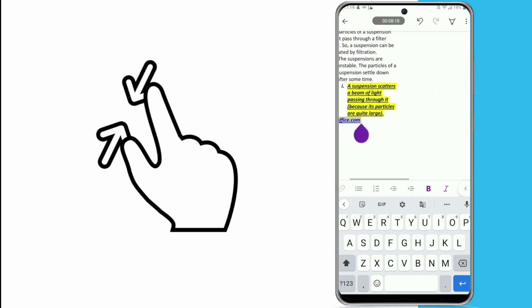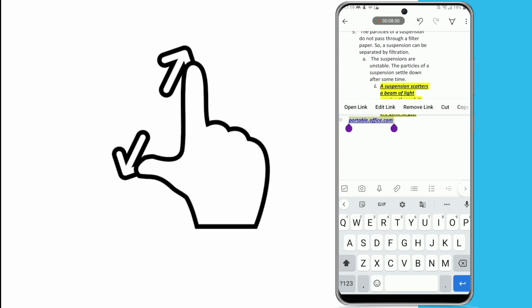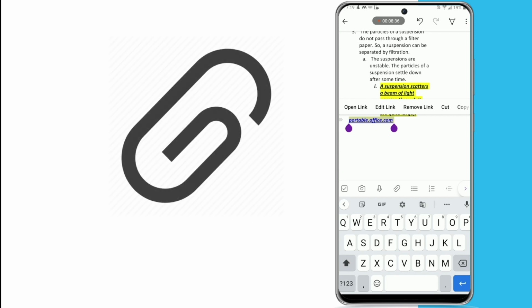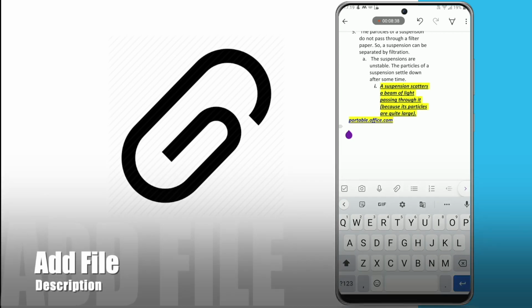Okay, and then we will again zoom in. So now let's explore some other important options here. One of the other important options is in case you want to add any file. If you want to add some PDF into your notes, so that while revising your notes during the examination, if your teacher gave you any PDF or any small doc, you want to keep everything together. So what you can do is click here and attach. In case you want to add any image, you can do that as well.